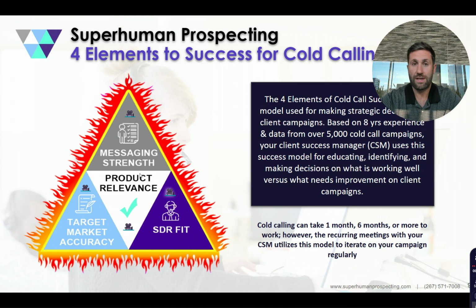So an example, like I was saying, is you're getting hung up on a lot. Well, that is a function of not the SDRs and not the messaging, but actually potentially product relevance to a market that is not receptive. So we have to look and see, okay, are there certain parts of your offering that aren't connecting? And we need to eliminate buzzkill words. We need to maybe draw out another feature or benefit that we haven't added to the messaging and the training. Or do we just need to change the market to folks who are more receptive?